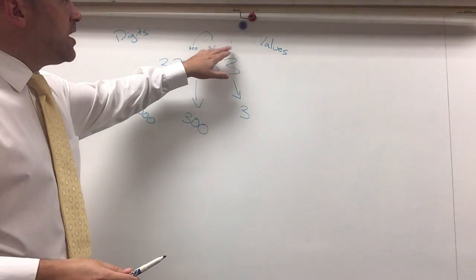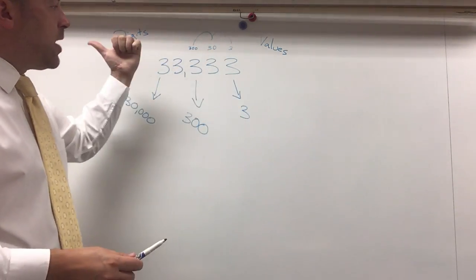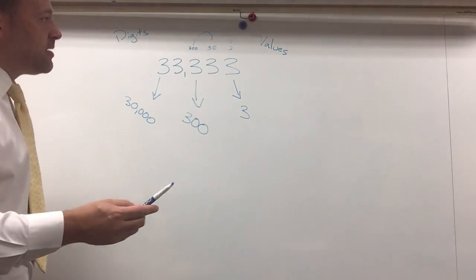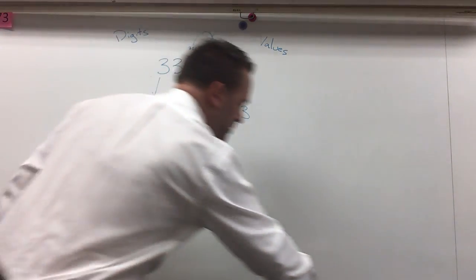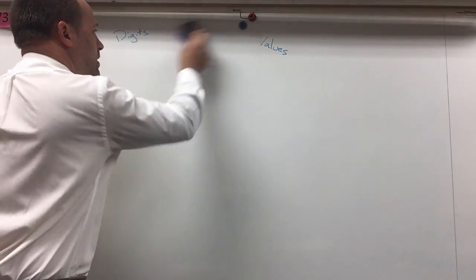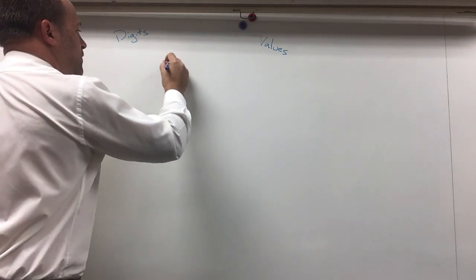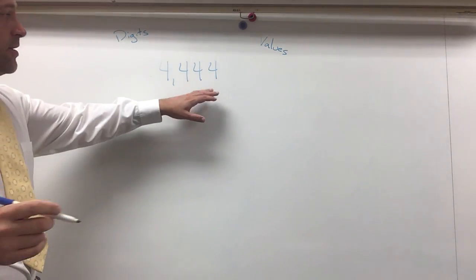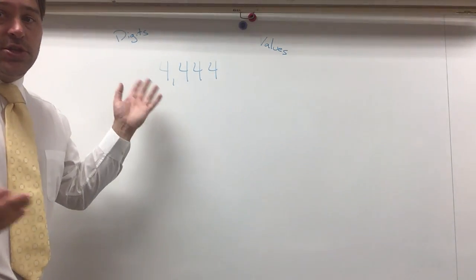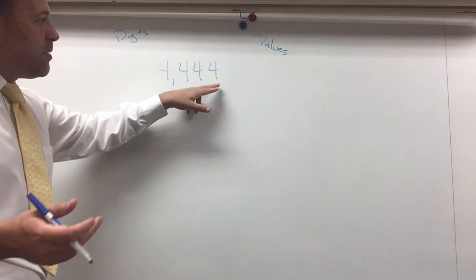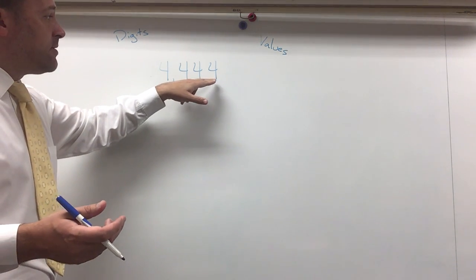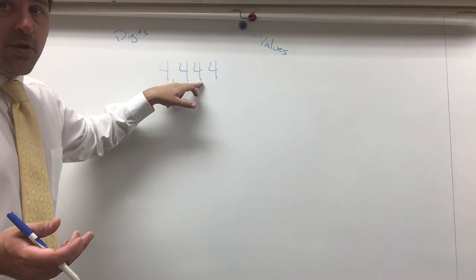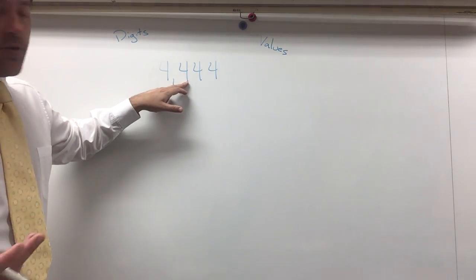So when you go a place to the left, when you go this way, the values keep getting 10 times greater every time you make a jump. So let me start over here. Instead of 3s, let's do 4s. 4,444. The digits are still 4. They're all 4s, but this isn't really worth 4. This one is worth 4. This one's not worth 4. This is worth 40. This one's really worth 400. This is worth